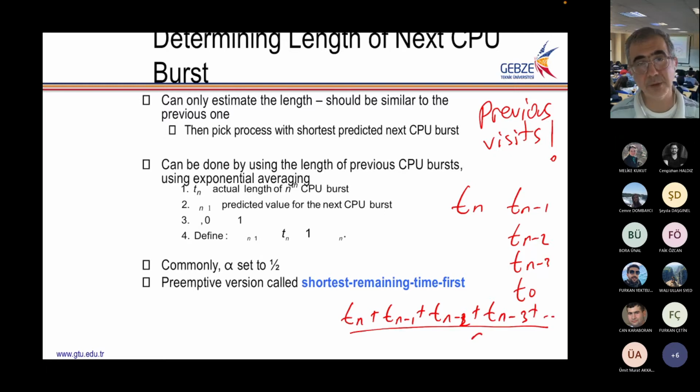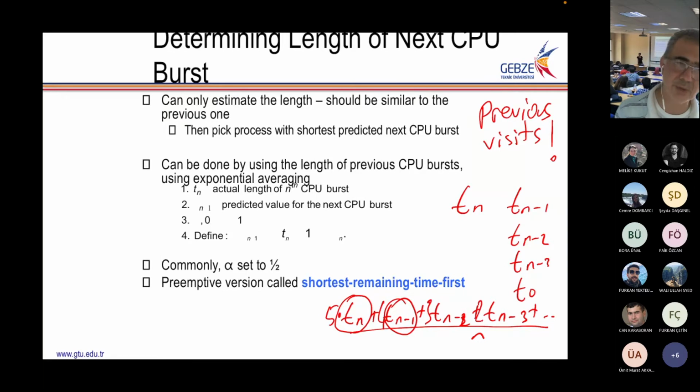This is difficult to calculate, and the latest one has the same weight. Obviously, you can give some weight like 5 times Tn, 4 times Tn minus 1, 3 times Tn minus 2, 2 times Tn minus 3. So you can do something like that, but it is not easy. So what they do is